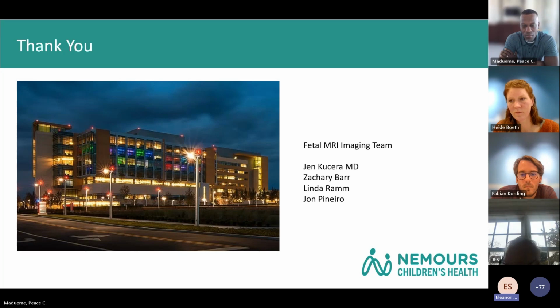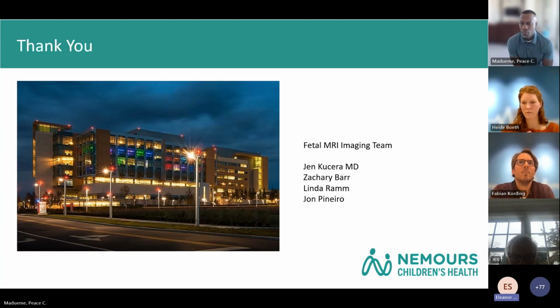I am working on putting together an application for the creation of a CPT code specific to cardiac fetal CMR. Currently with my clinical cases, I've just been using the only CPT code there is for fetal MRI. But that does make it challenging to share billing with our radiologists and to really have fair reimbursement for the time spent in cardiac imaging.